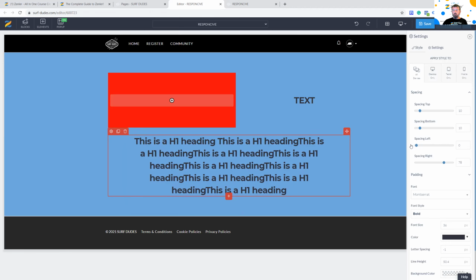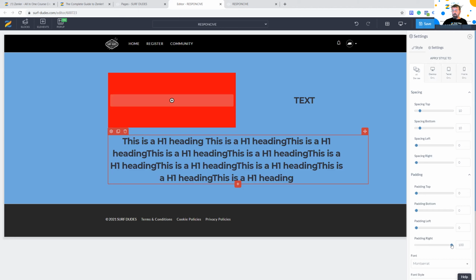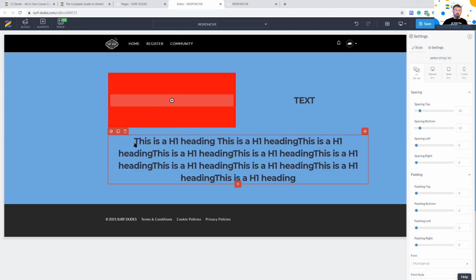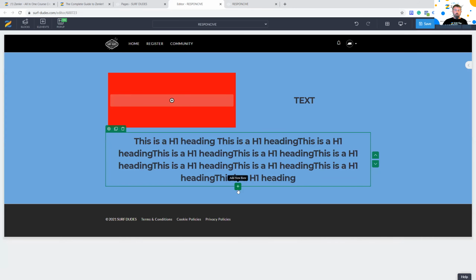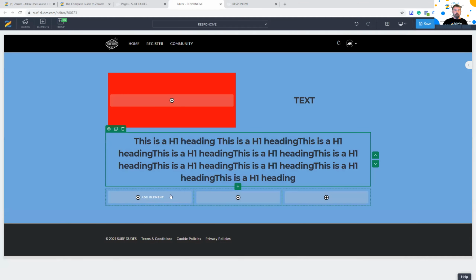So this is where you need to think about how the system's working, and this is the key here. I'm resetting all these back. If I do want a bit of space in here, left or right, it's up to you. What you can do instead is create a new row. So I can go in and choose a 33 by 33. You can go over these little tabs and move them like this.